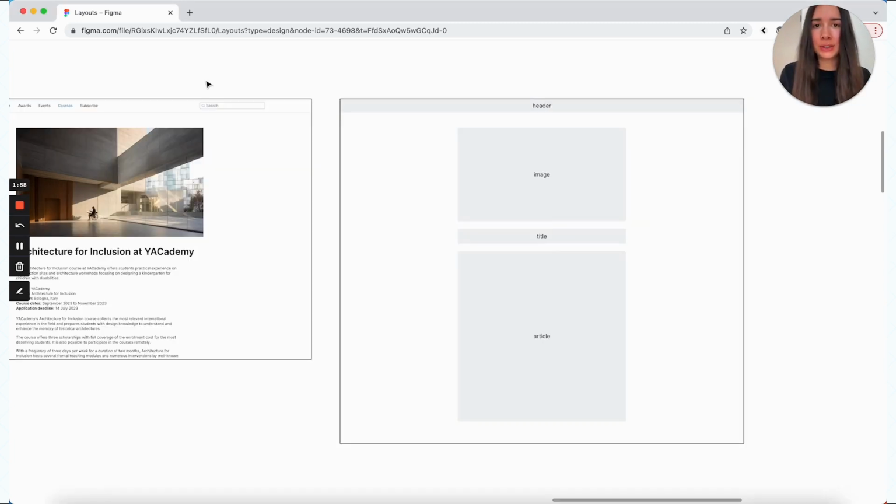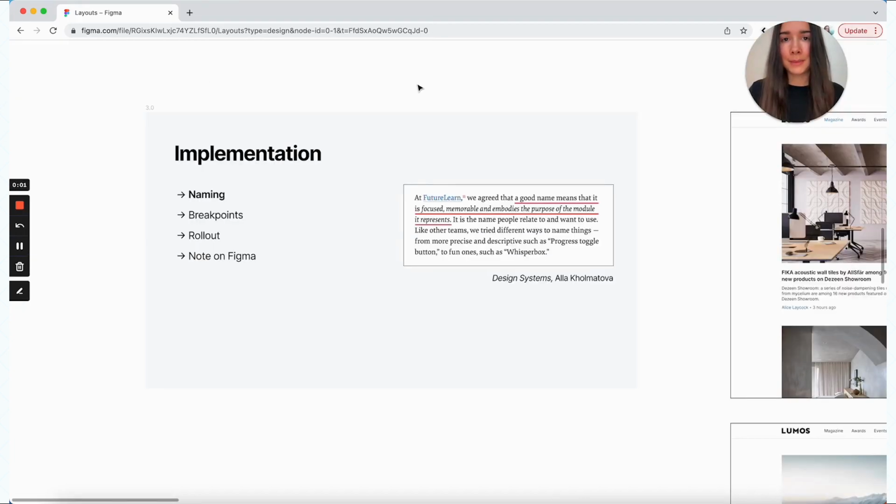As you're doing this audit, you may realize that you only have two distinct layout types. However, the thing to remember is that you might have two distinct views, but then you also have at least 3 breakpoints for each view. So technically it's 6 layouts. And if currently you have 6 code components, then you're managing 18 different layouts if we count the breakpoints. The next step is implementation, and implementation starts with naming.